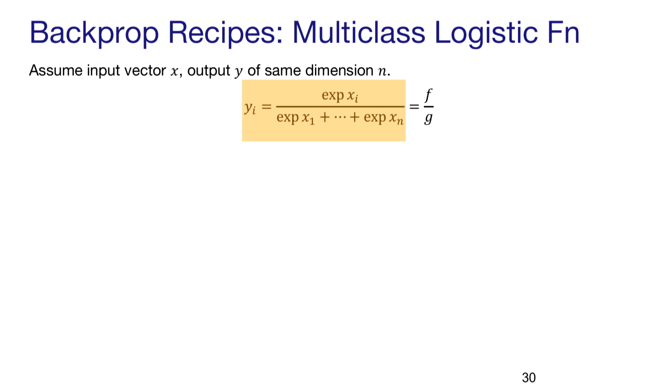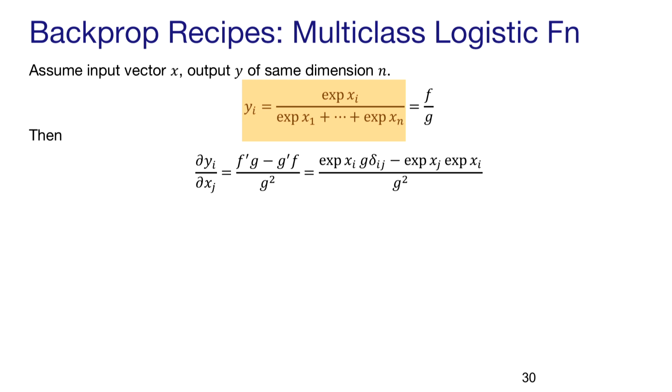So here what I've done is said that y_i is f over g, where f is the numerator and g is the denominator. Probably would have been a good idea to actually say f sub i to make it more explicit that f does depend on i. But anyway, still technically correct. Because it's f over g, you have to use the quotient rule. So the quotient rule down there gives you,